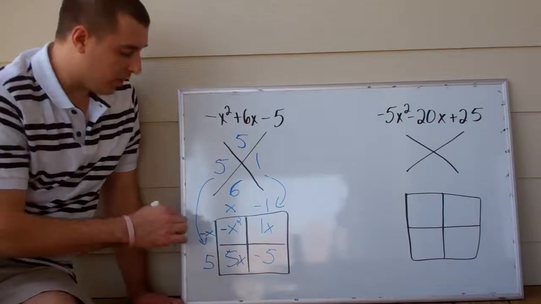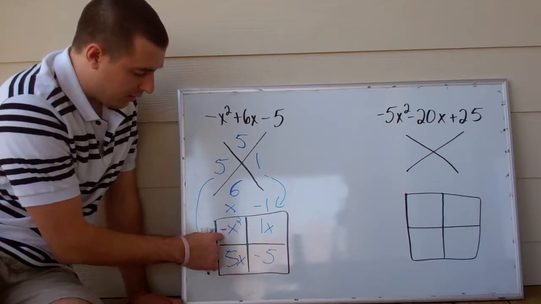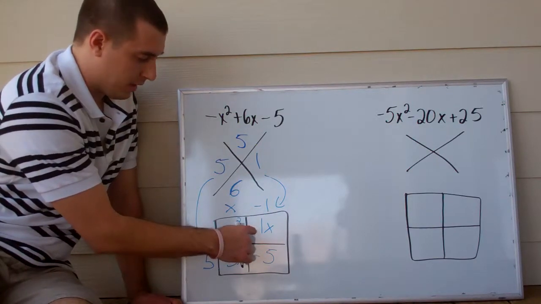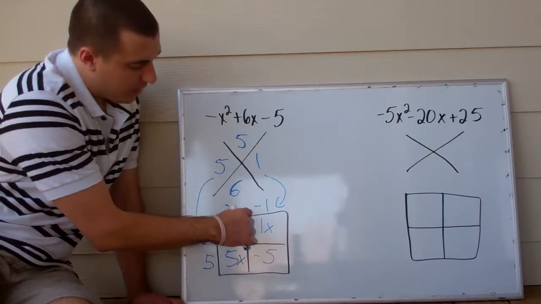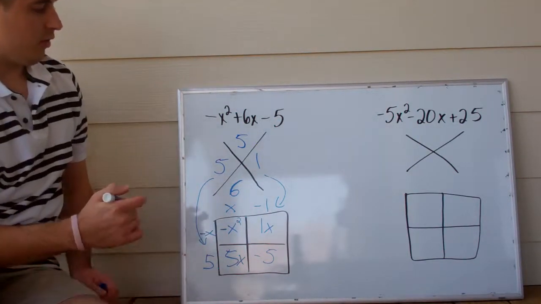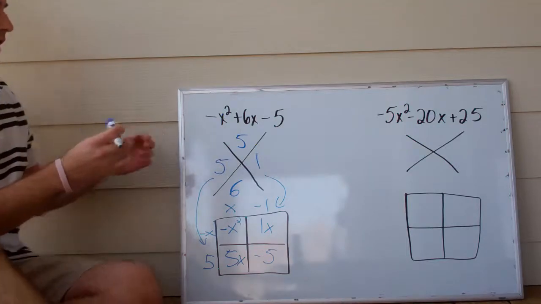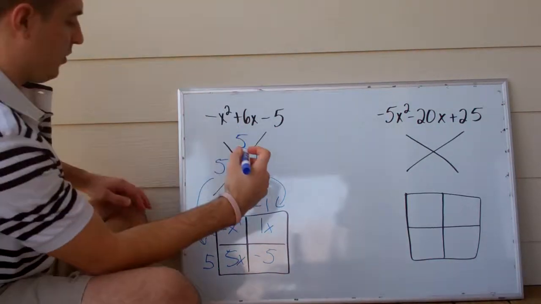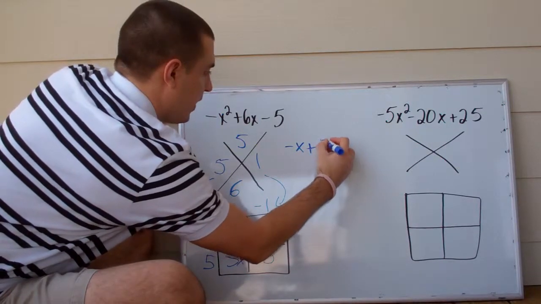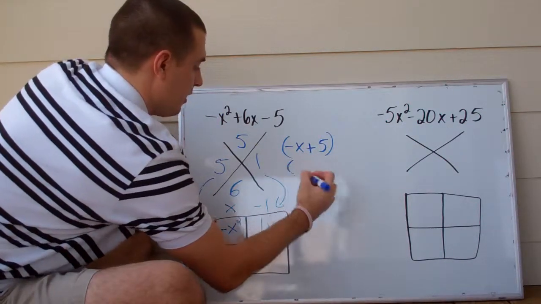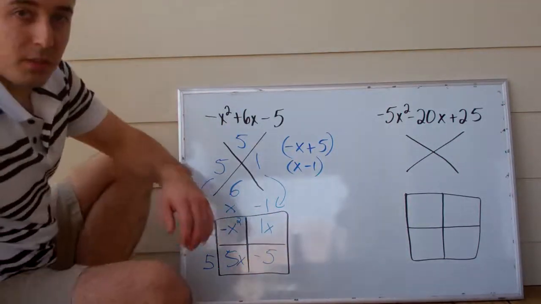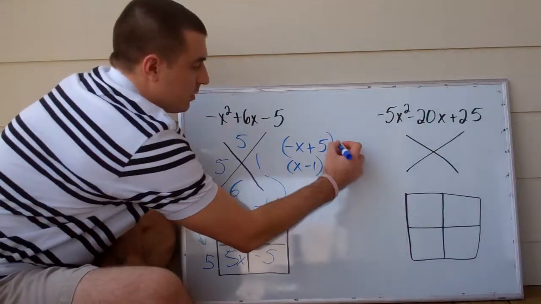So now let's double check ourselves. So negative x times x, negative x squared. Negative x times negative 1, positive 1x. 5 times negative 1, negative 5. And then 5 times x, 5x. So we can write this now. So I'm going to turn here. So we have negative x plus 5 and x minus 1. So now if we set both of these equal to 0,